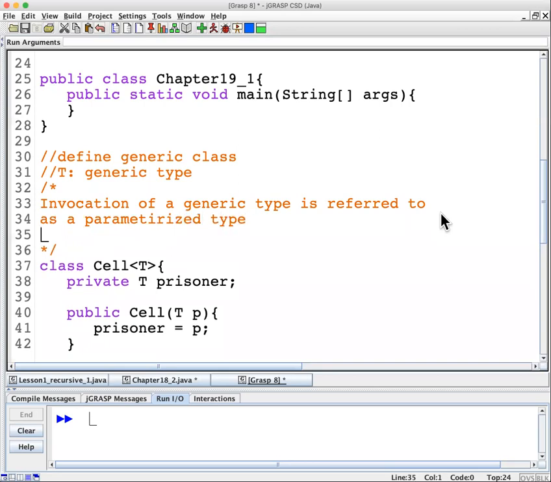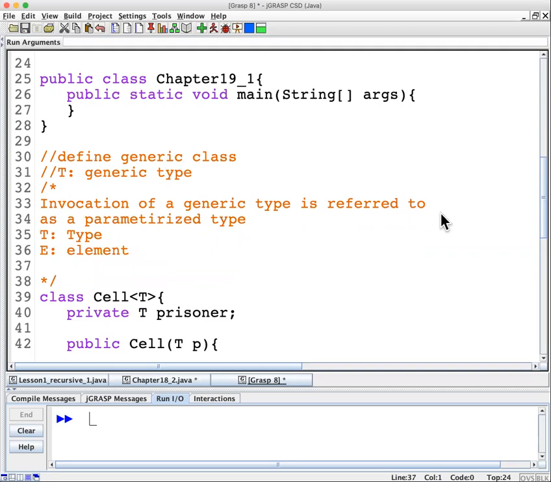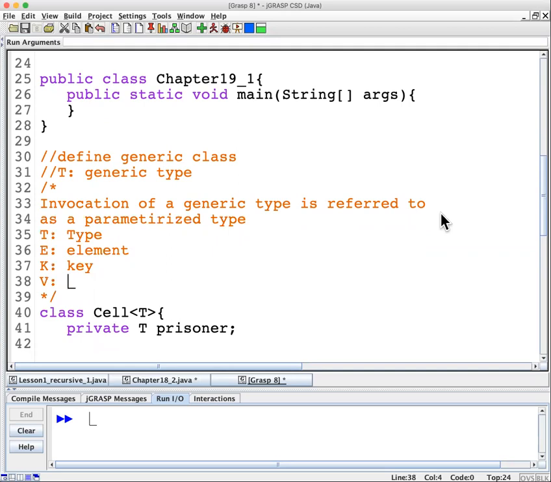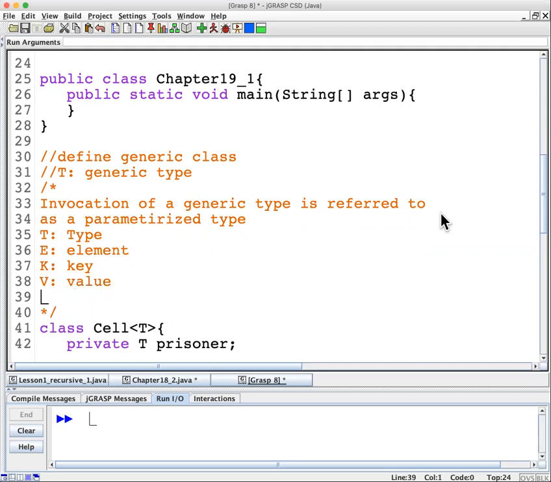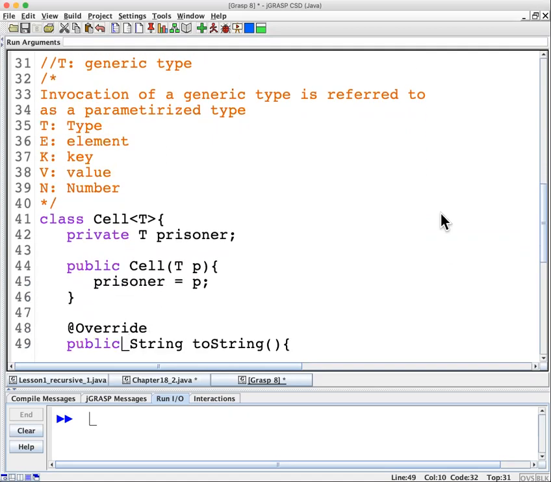Parameterized type. We use T, which represents a type. We use E for the element. We use K for a key. We use V for a value. And we may use the letter N for numbers. Okay, so now let's see, when you define a generic class,